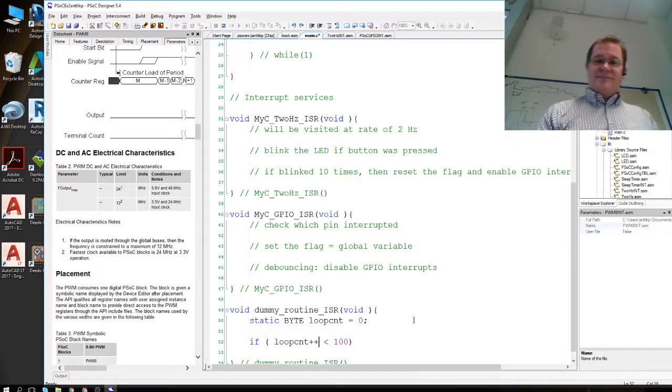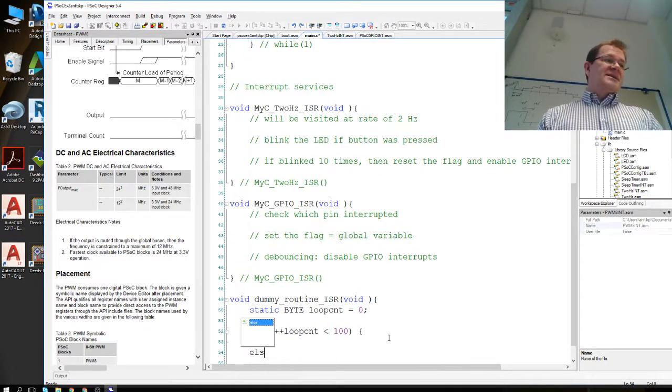Increment first and then test if it's still less than that. And this one would mean that we just return from the function. Otherwise,